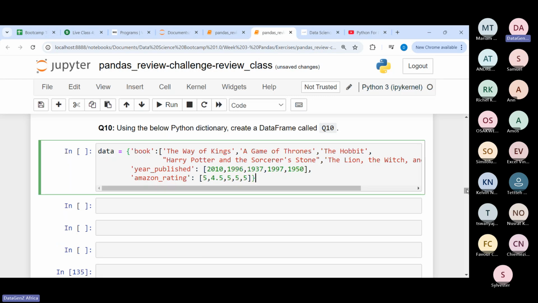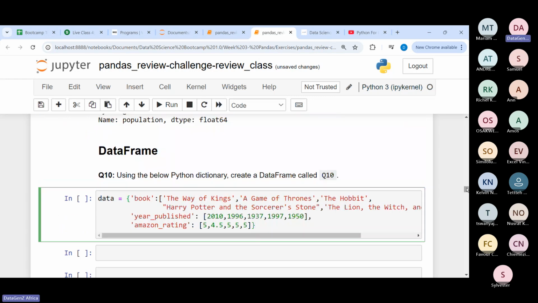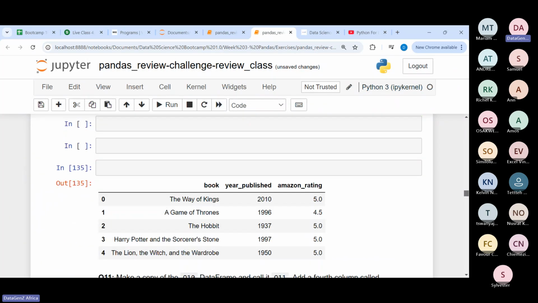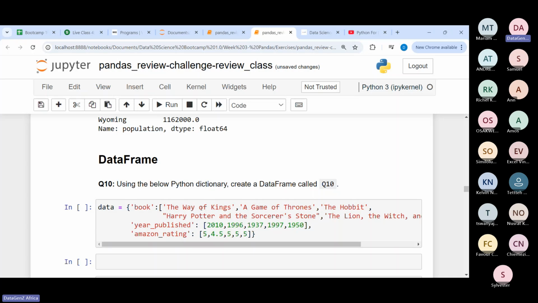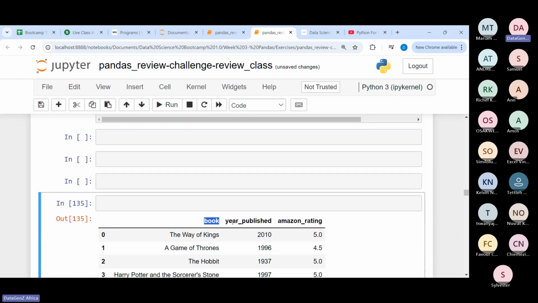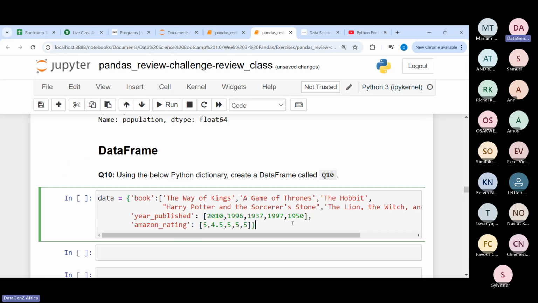This is the dictionary. All right, even if I had not gotten it, I know that the key of the dictionary is the name of your column. And The Way of Kings, Game of Thrones, The Hobbit, and all of that are going to be lists. The key is the column name, and the values are the content that will be inside that column. That was what I would have done if I didn't have access to the dictionary. So the key would be year published, then 2010, 1996, and all of this would be a list. Okay, so given this dictionary,